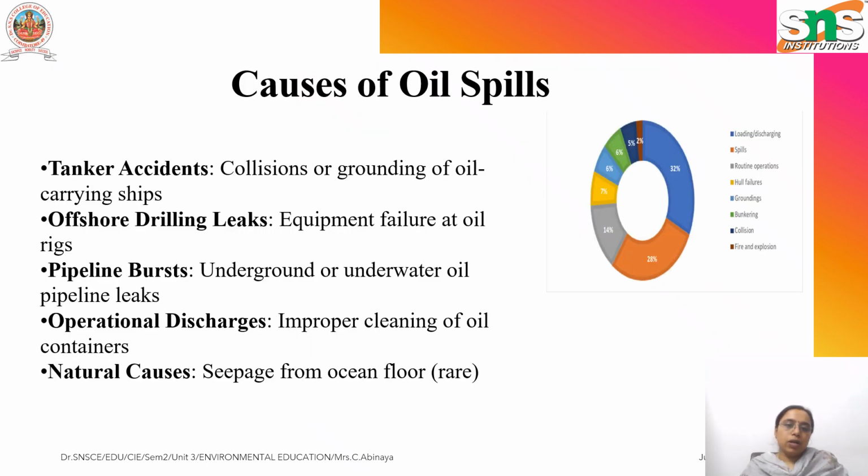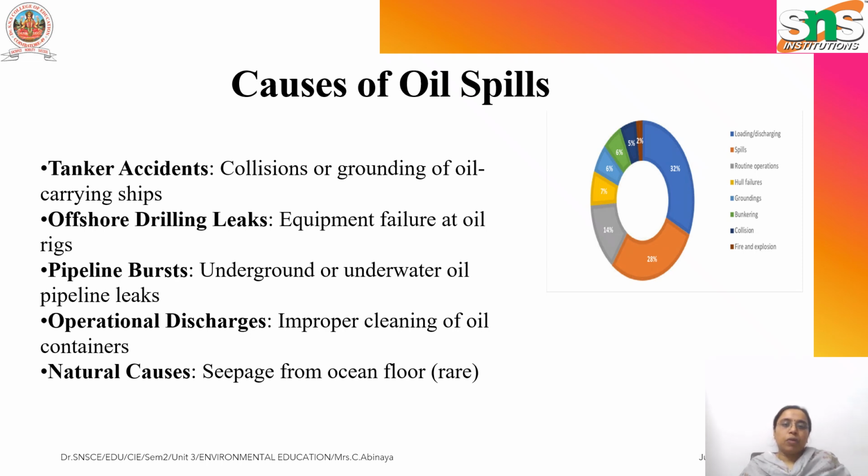Now, let's look at the main causes of oil spills. First one is the tanker accidents. When oil carrying ships crash or sink, they release massive amounts of oil into the sea. And then the next one is offshore drilling leaks. So oil rigs or platforms can leak if they malfunction, as you know. And pipeline breaks. So some pipelines run under the ocean, and if they break, the oil seeps into the